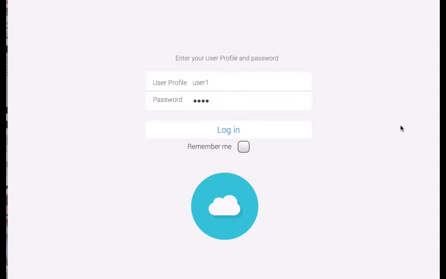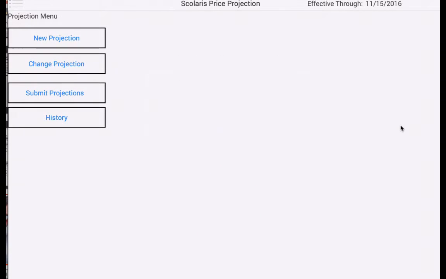Okay, I'll log onto the system using my Windows profile and password. That seems easy and I can save them for the next time if I check the box. Why do I need to log on to the system at all? This information isn't anything you need to secure. If I have your user profile, I can tailor information specific to you like buyer numbers and warehouse. I'll also be able to tell you the total number of items that were changed. Okay, that makes sense. It's not that hard to log on anyway. Okay, I want you to create a new projection. Okay, I'll just click on the new projection button and press it.